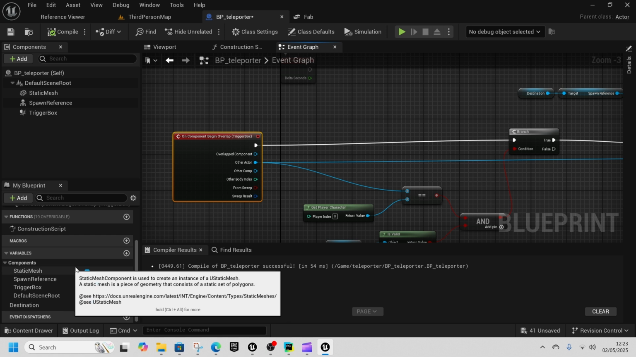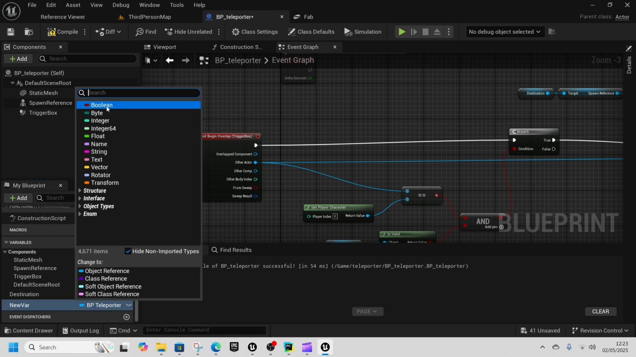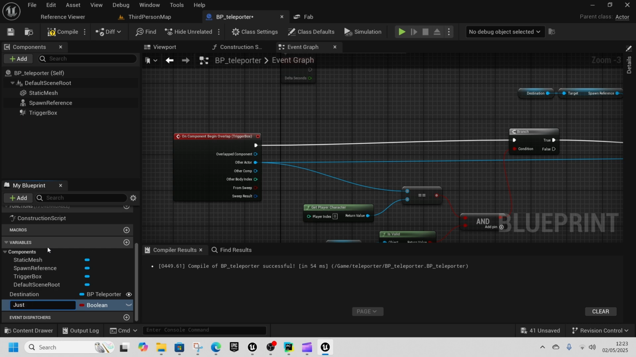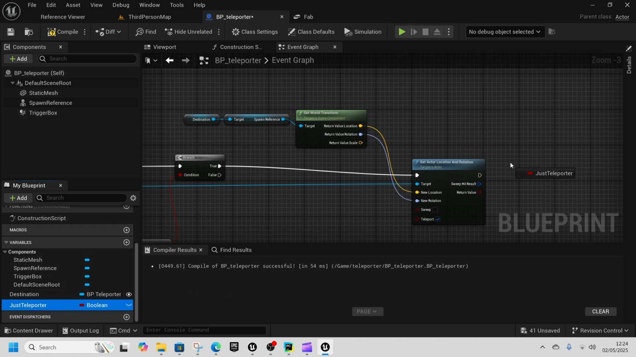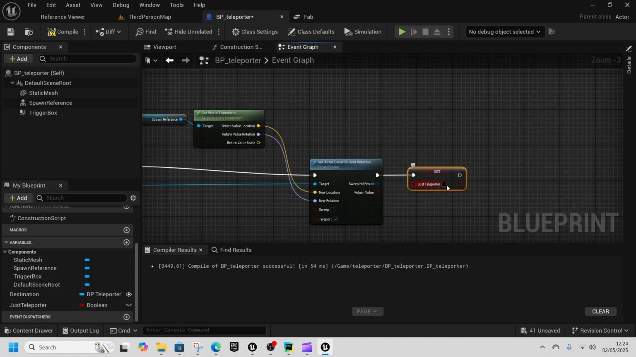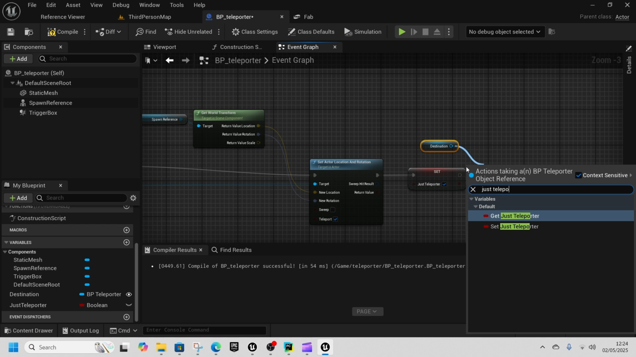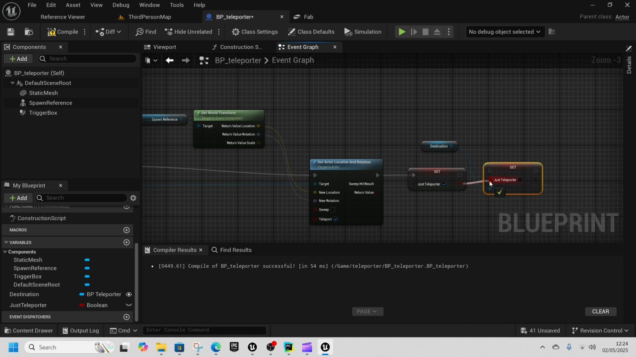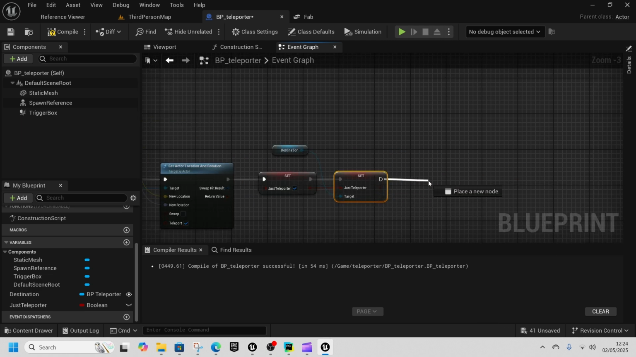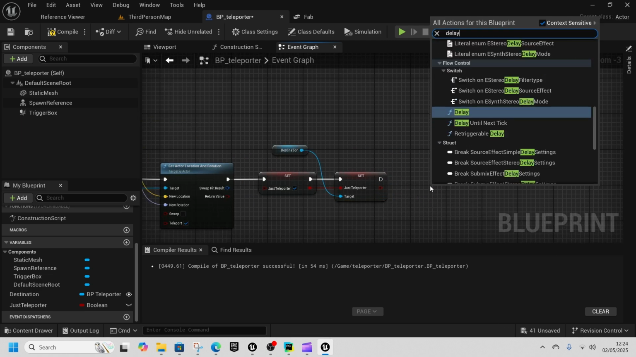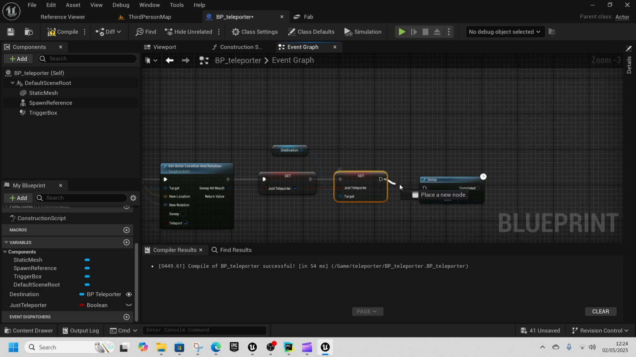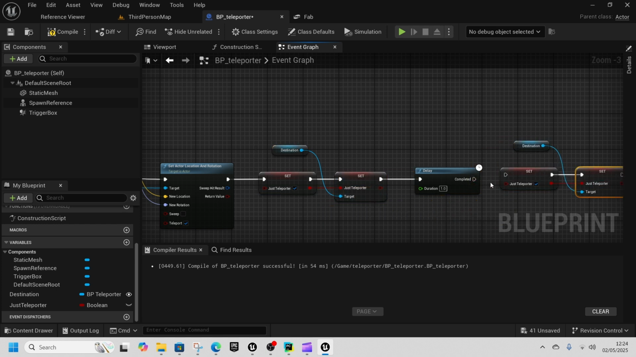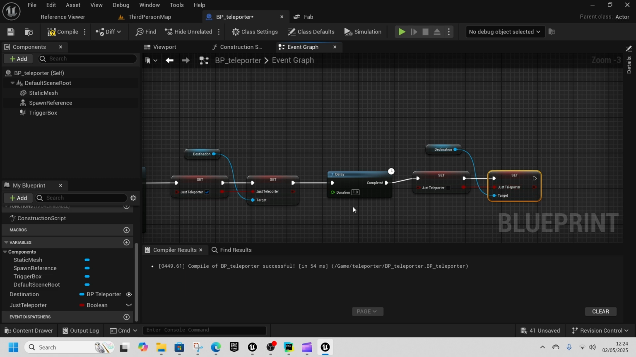Now what we can do to stop us going back through is we can add in a boolean that says just teleported, and we can set that to be true, and we can get the destination teleporter and say just teleported, and also set that to be true. Then we can put a delay, just put a delay, and then after 1 second we can get both of these and untick them both,